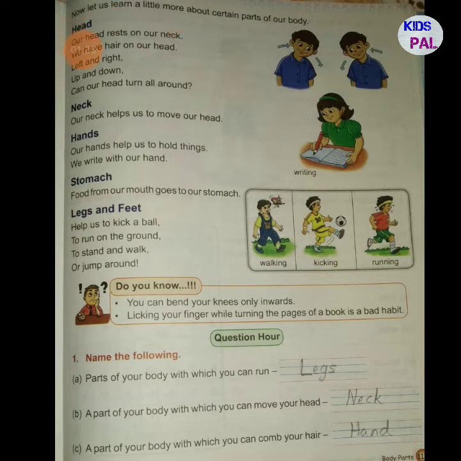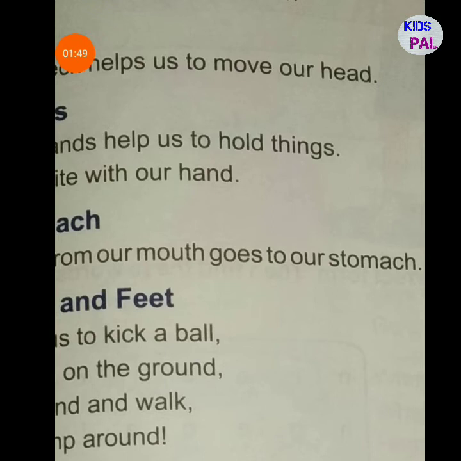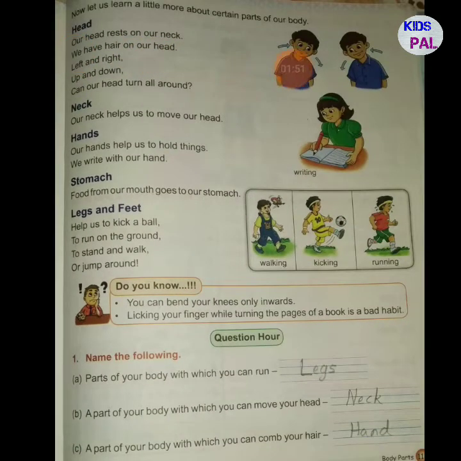On the next page, let us learn a little more about certain parts of our body. The first one is head. Where is our head? Show me. See here, this is our head. Our head rests on our neck.